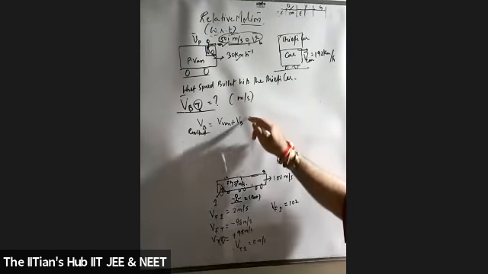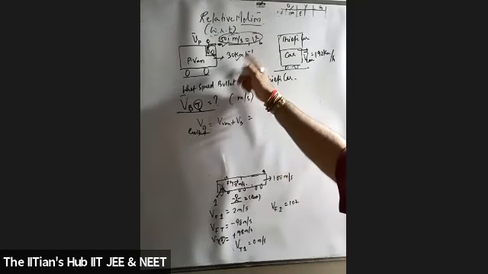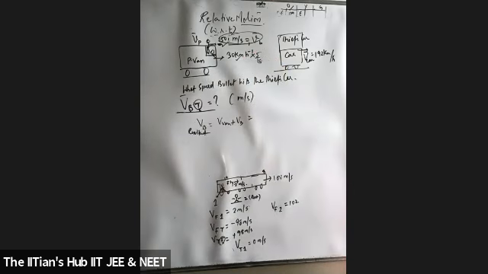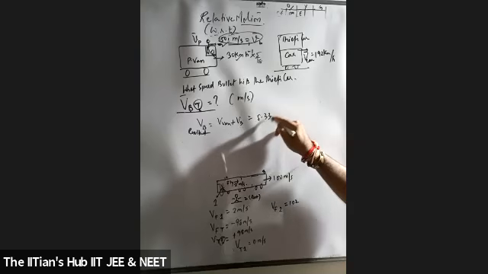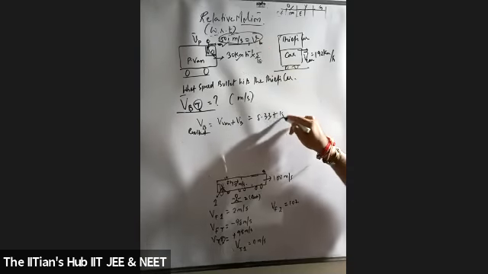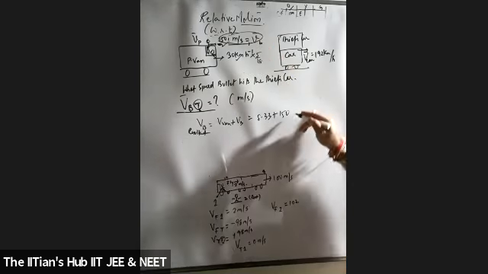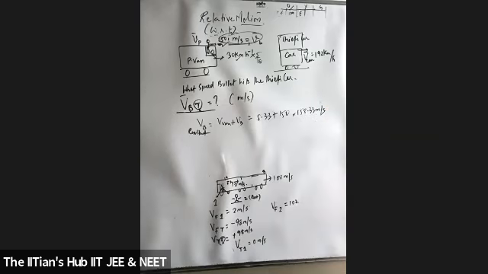So यहाँ पे क्या होगा? Velocity of van कितना दिया? What is the velocity of van given to me as? This is 30 kilometers per hour. Let me say 5 by 18. So multiply करो. So what is my answer? 25 by 3, 8.33. And the velocity of the bullet is given to us as 150. So what's the total? 158.33 meter per second. Agreed?